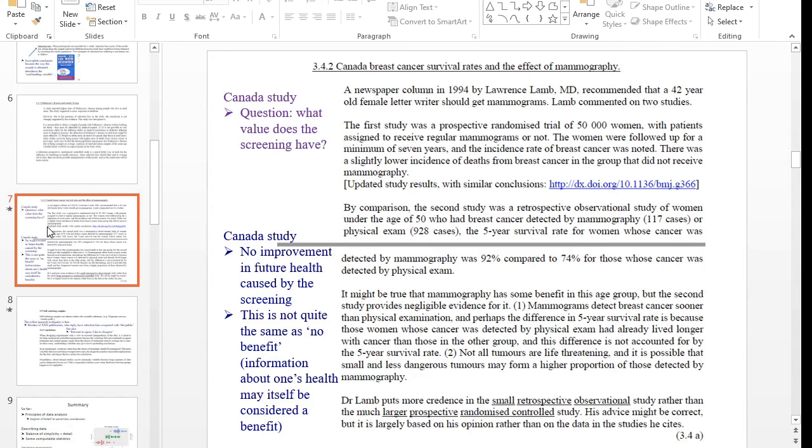That would explain why the real respectable results from the big Canada study show that there's no health benefit caused by regular scans for mammography to look for breast cancer. Now, just one final comment. While I say no health benefit caused by screening, that's not the same as no benefit at all, because somebody